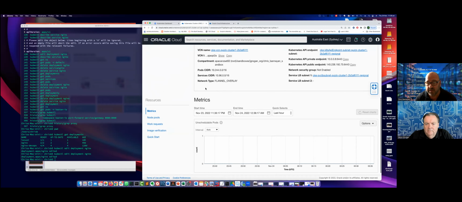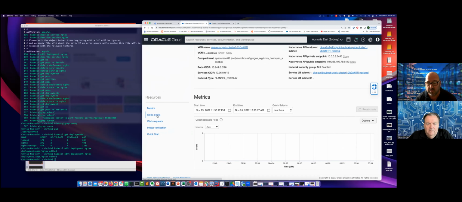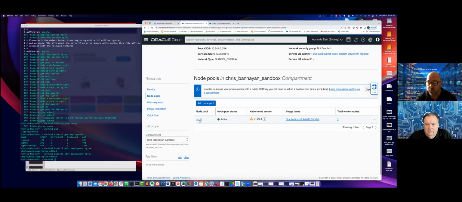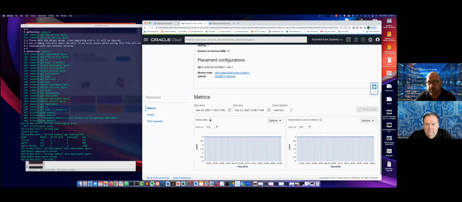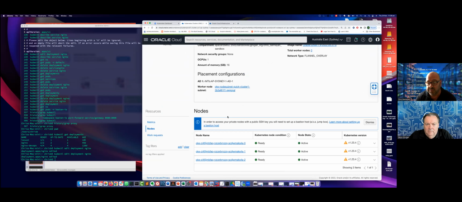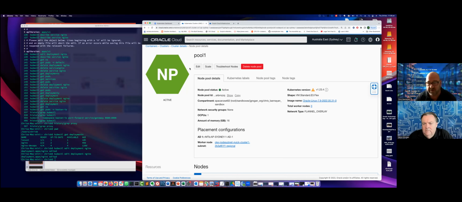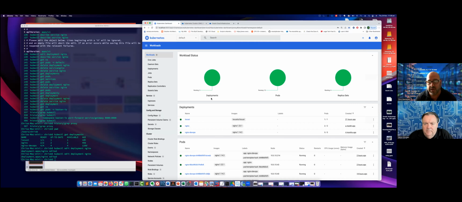And you can see here these are the metrics. I've got my node pool, which is the node pool that my worker nodes are running in. If you click on the node pool, it shows you the nodes that have been used to create that cluster. So I've got 3 worker nodes. I've got my cluster configuration. I've just installed the Kubernetes dashboard inside of the OKE Kubernetes platform. This doesn't come as default with our deployment, I just installed that separately.